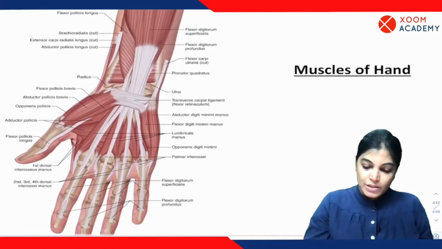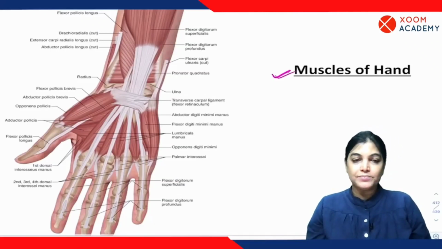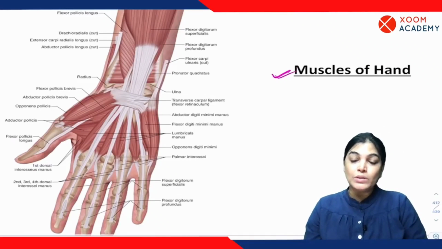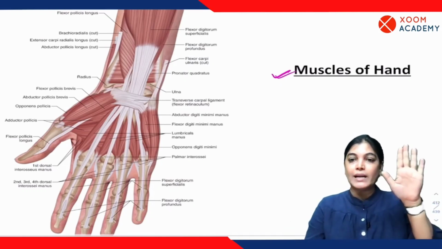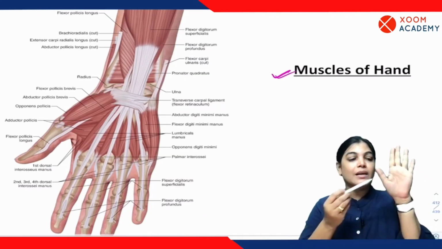So let's talk about the other topic, that is the muscles of the hand. It is important that we should know the location of each muscle of the hand. We have got 20 intrinsic muscles in the hand, and I would like to tell you about each individual muscle. Before that, I would like to tell you that this is our hand, and just below